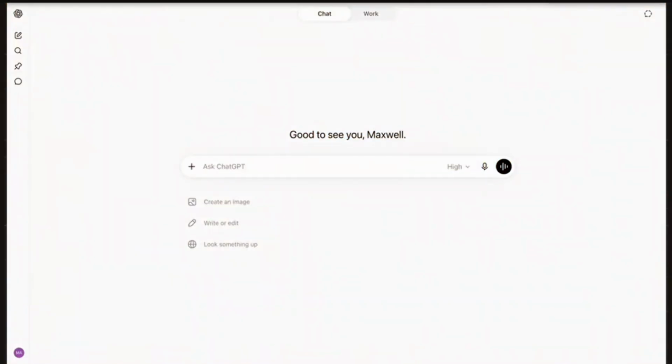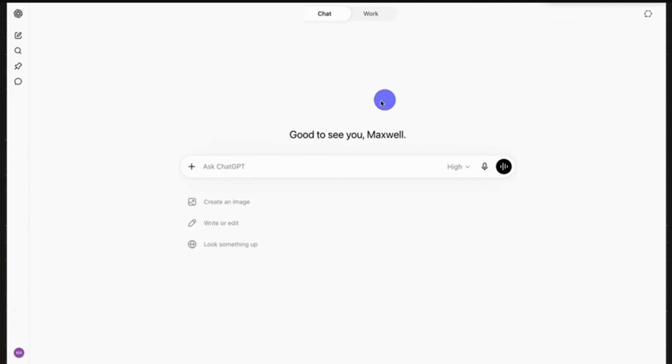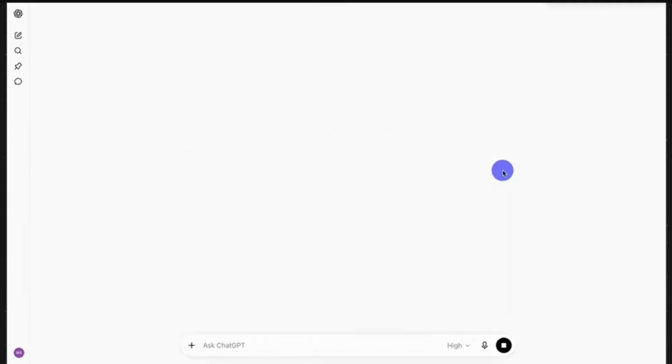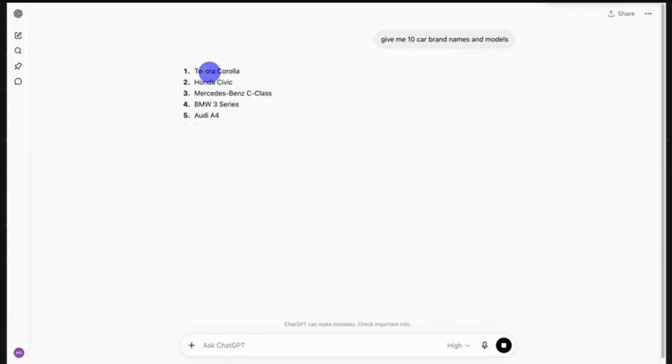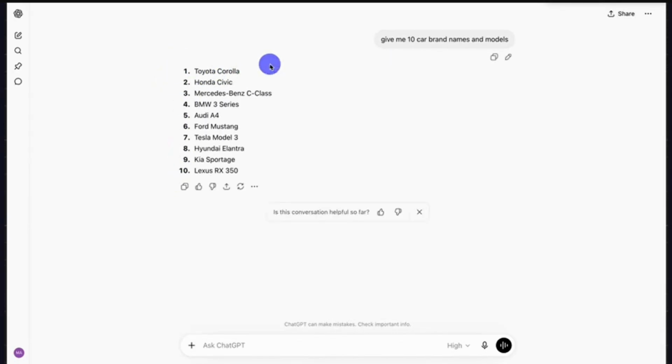All right, so the first thing you're going to need is a chatbot. You can use Claude, Gemini, DeepSeek, or any other chatbot you prefer. But for this tutorial, I'm going to use ChatGPT. Once you open ChatGPT, type, "Give me 10 car brand names and models." After typing that into the chat, go ahead and click Send. ChatGPT will process the request and generate 10 different car brands and models. As you can see here, we have options like Toyota Corolla, Honda Civic, Mercedes-Benz C-Class, BMW 3 Series, Audi A4,